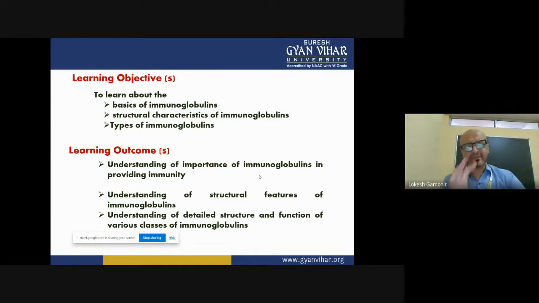We'll be starting from the very basic part. Please listen carefully throughout the lecture. We'll be starting from the very basic part and we'll be going till the end of understanding clearly. After this lecture, there should be a clear-cut understanding of what different types of antibodies are there in our body. In those antibodies, what are the different structures that we'll be talking about, and which one is the major antibody, which comes first, which comes in secondary responses. That notion will be settled, or a foundation will be laid in this particular lecture, and in subsequent lectures we will be using these terminologies to build up the lectures and to have a clear